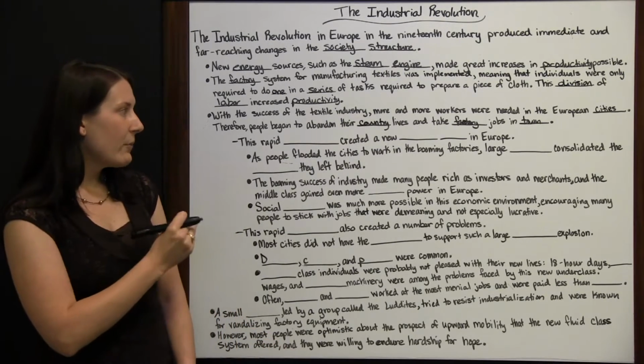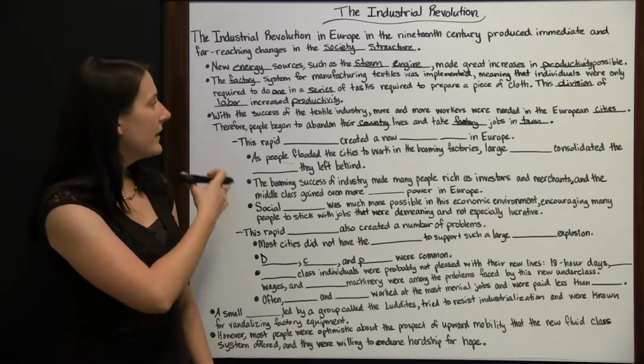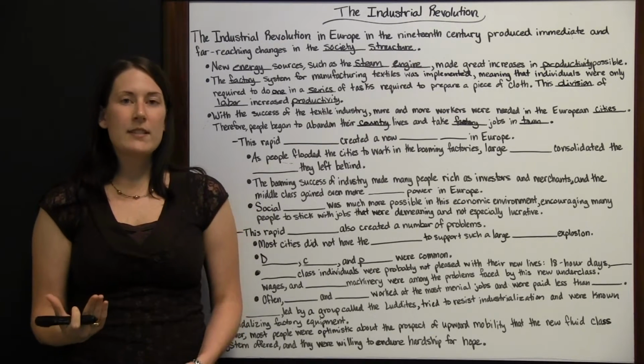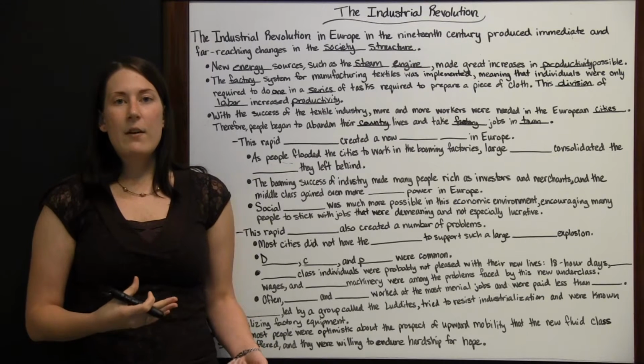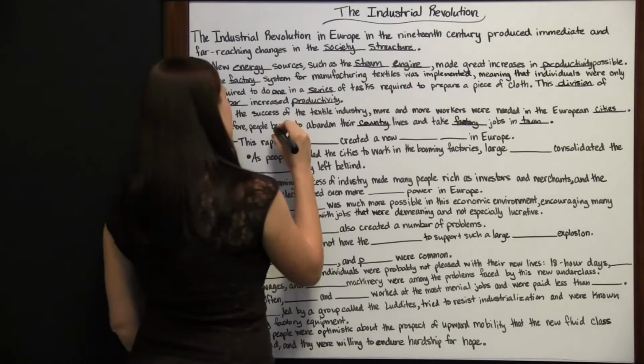So once it started, it spread quickly, but it did begin in England. Now, people left their country lives to go work in these factories because now there was a new job there. There was something they could go and have a possible better life than they did on their farms. And this rapid urbanization,